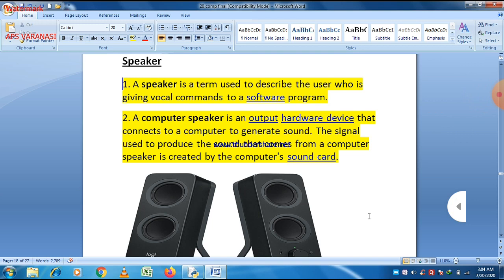So hopefully now all input and output devices are clear to all of you. In our next lecture we will discuss memory hierarchy, and it is a very important topic. And before this we will discuss cache memory. So cache memory hierarchy will be discussed in our next lecture. It is a very important topic for your examination.